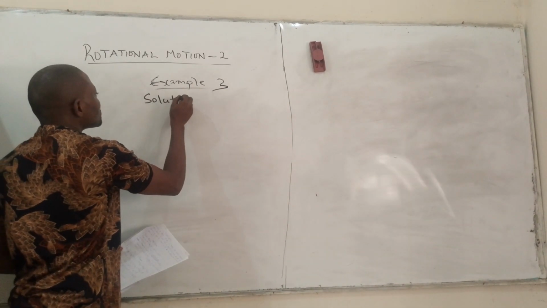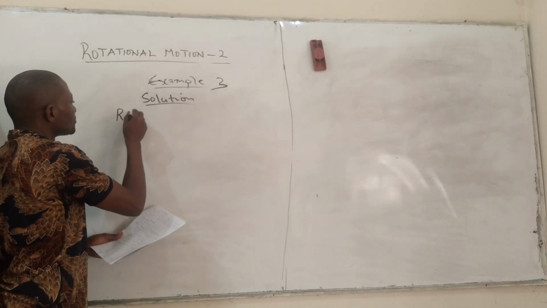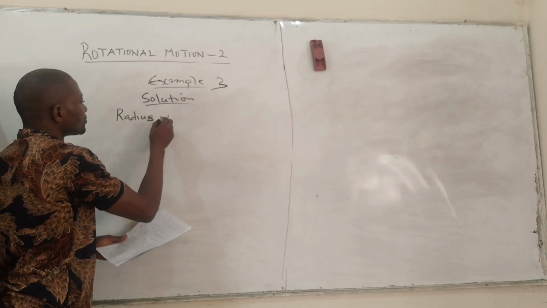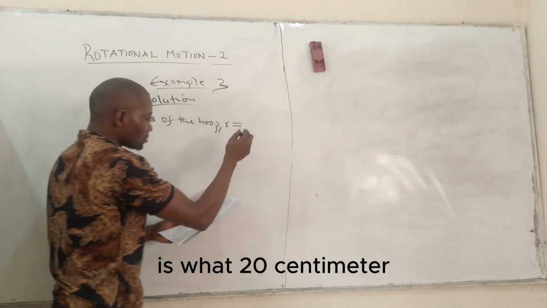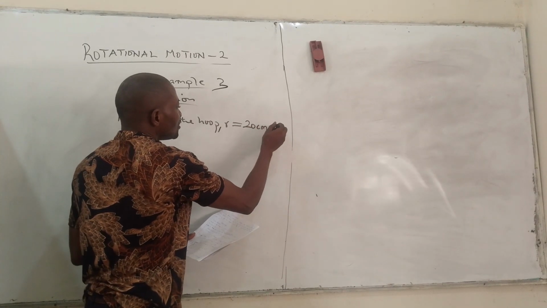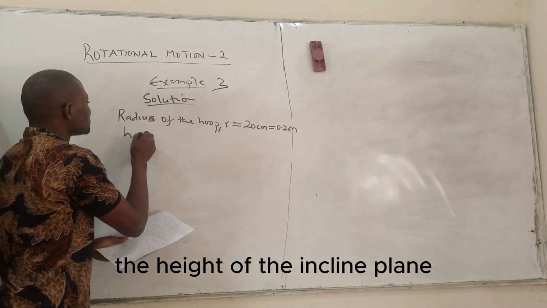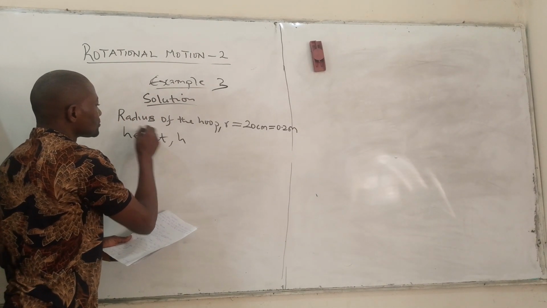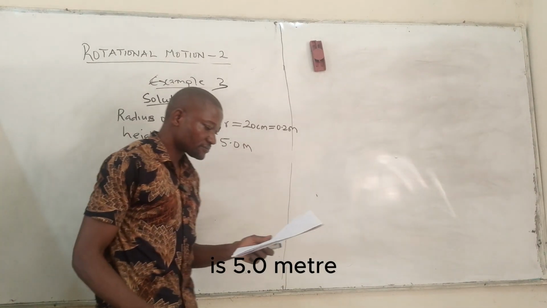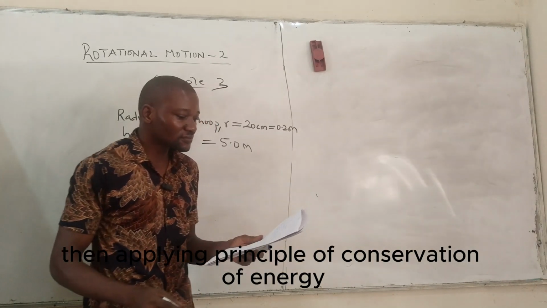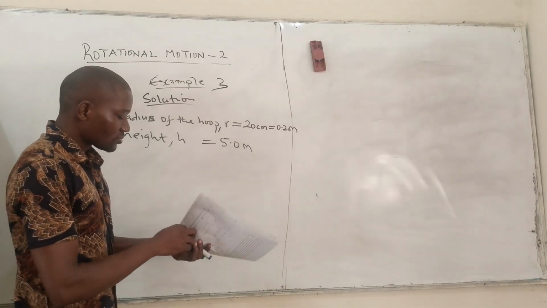Solution. The radius of the hoop is 20 centimeter, which is equal to 0.2 meter. The height of the inclined plane is 5.0 meter. Then, applying the principle of conservation of energy, we can say that